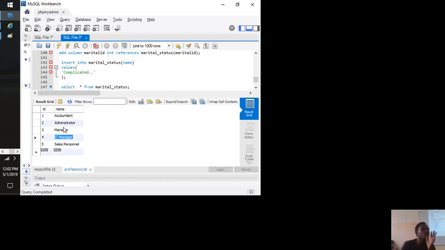It's called a one-to-many relationship, and that is the dominant one in relational databases. So title and profession is a one-to-many relationship, because in the title table we only have one doctor there, but in the profile table a lot of people can have the doctor there. So one-to-many relationship. Another one is